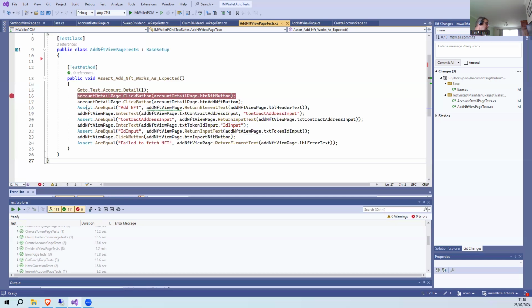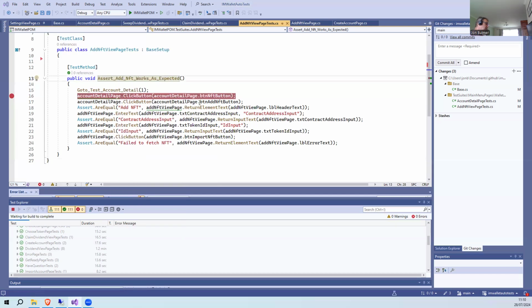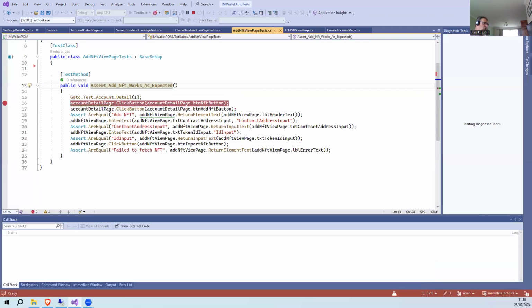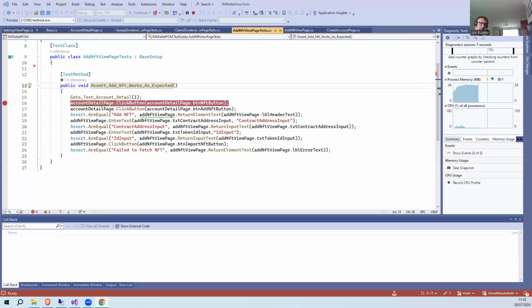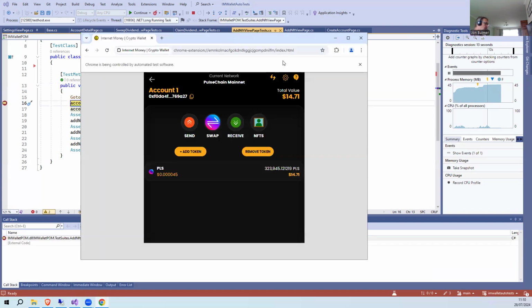For this particular test, I'm going to do a thing called debug. So I'll go down here and debug the test. It's going to fire up a version of the wallet, building it from new, on a separate screen, which goes through and exposes the seed phrases. Once it's past that point, we'll get to where this is now.